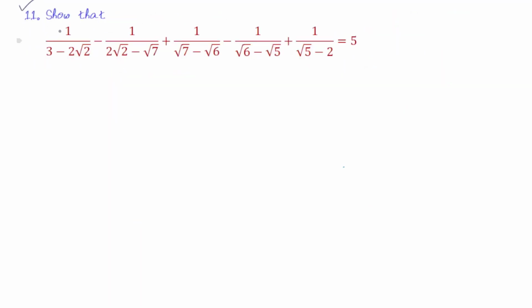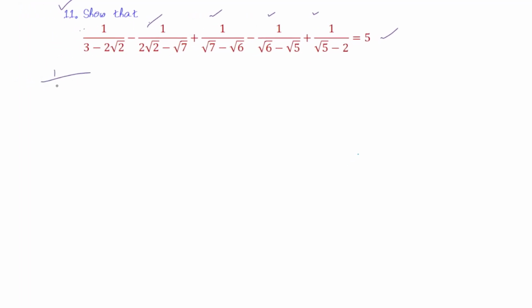Now question number 11. So that this minus this plus this minus this plus this is equal to 5. So in this case it is better to simplify or rationalize individually. So first we'll do the rationalization of the first term. So this one